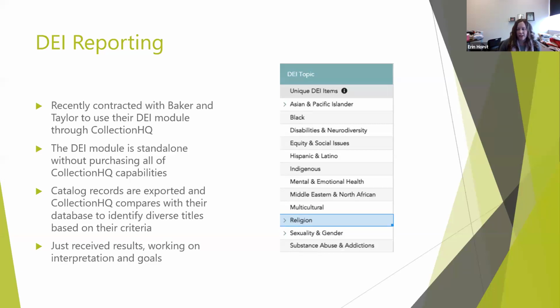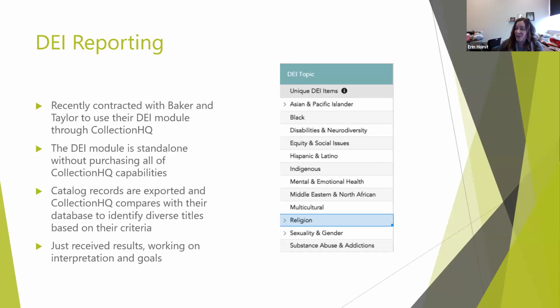How that works is it's based on not your catalog records, but their catalog records. So there's no physically looking at the collection. We did a lot of physical audits over the course of the pandemic and worked really hard in our young adult collections.